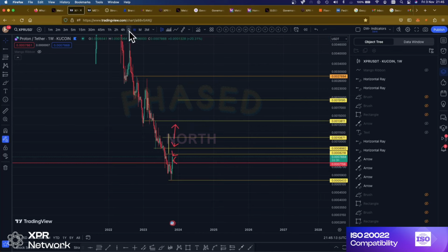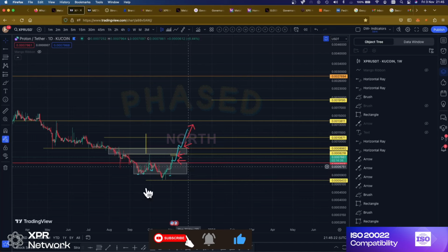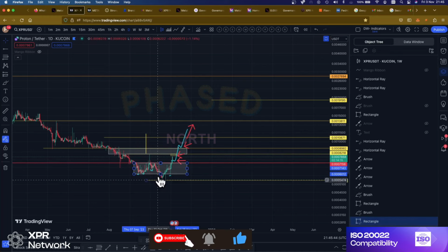So if we just look at the daily to see where we're at, okay, what I've got here is the bottom. I've actually put in a bot because this would have been a boundary range where it's touched 1, 2 on the support side, then it's gone up and it's actually broken the level, but it's pulled back into this range and it's created this range, and you can see it come down, just about test it and then break it. This is a Wyckoff. The Wyckoff creates its V, pulls back inside the box, goes up to the top again, but during that time you can see it's actually done a retest of this level with this